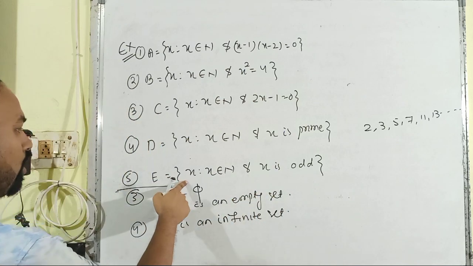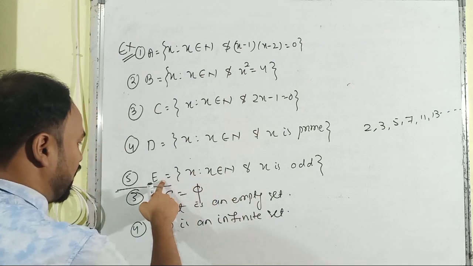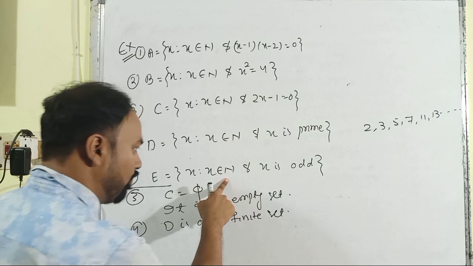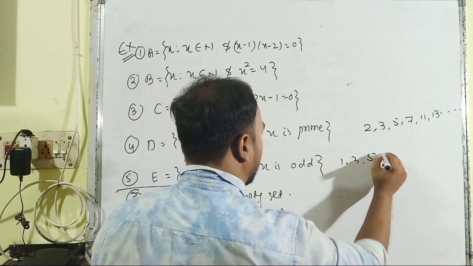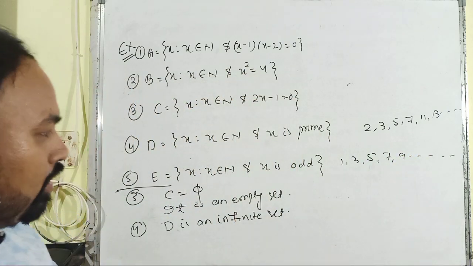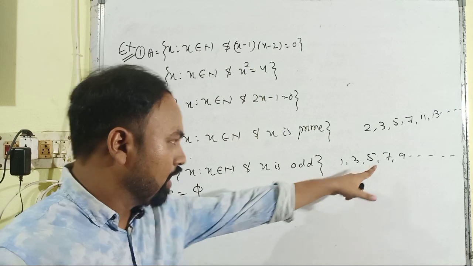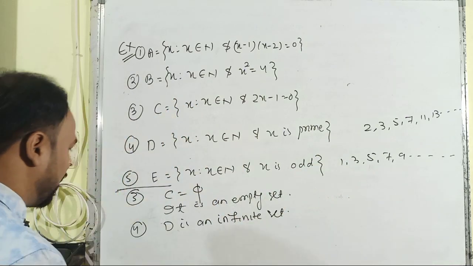Then moving towards the E set. Similarly, it has been asked for x such that x is a natural number and also it is odd. So we can define 1, 3, 5, 7, 9, and such infinite numbers are there. We can define it both ways, natural numbers and also odd numbers. So again the set E